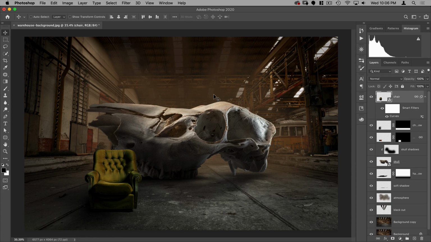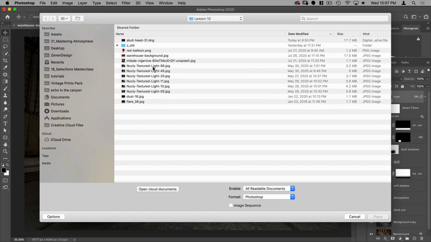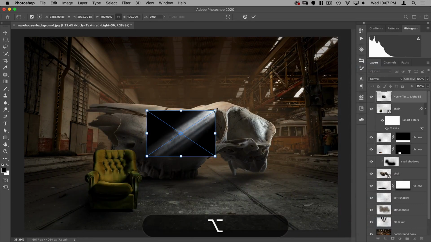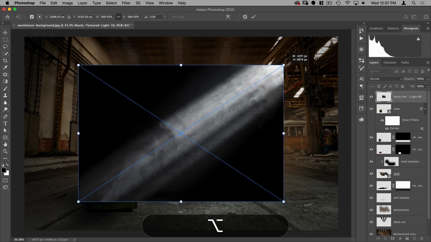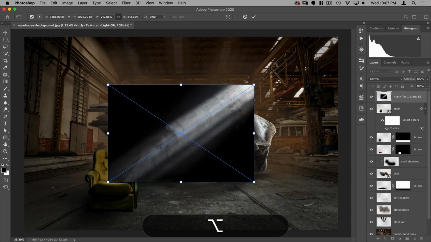All right, next we're going to start bringing in some of our light rays. So let's go to File, Place Embedded, and we'll pick our first one here, Nuclei Textured Light. And let's just make that bigger. I want this one to be coming from this here.